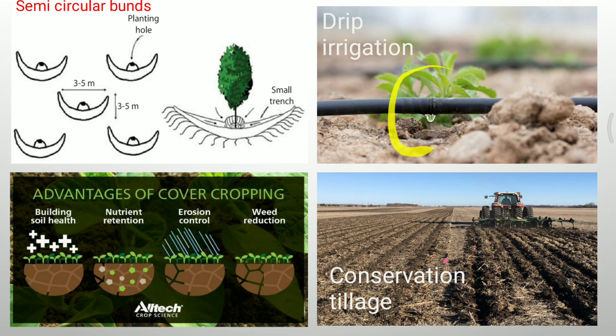Next one is drip irrigation. As you can see here, the plants will get the water to the roots directly from the drops of water. It will decrease the evaporation and also the runoff. Conservation tillage. As you can see here, the soil which is made ready for farming, the tillage will be decreased. So optimally it will be